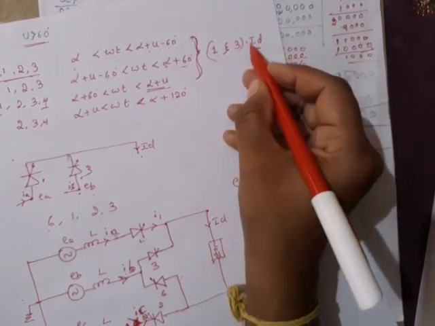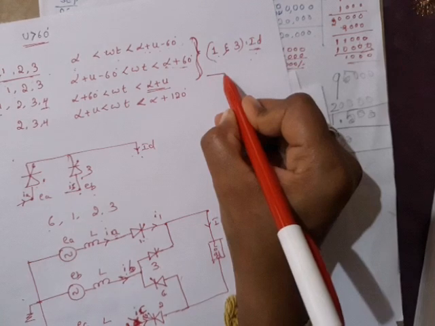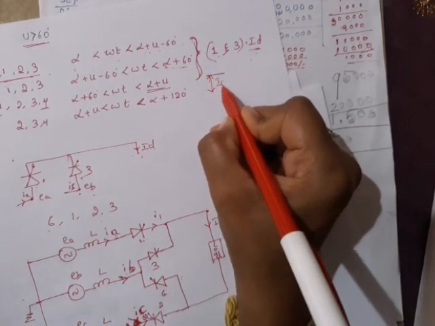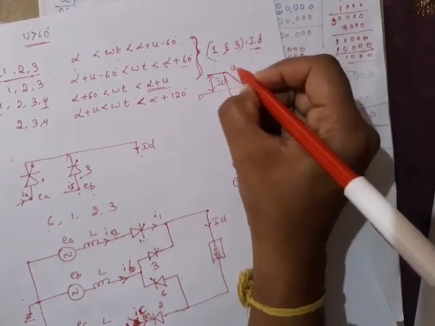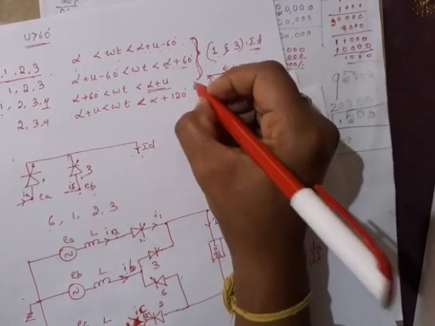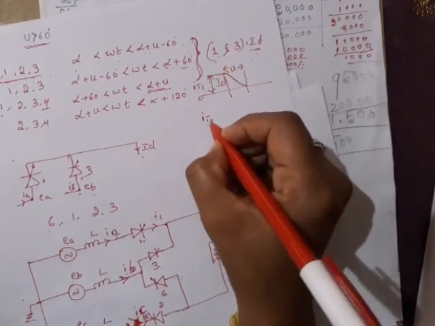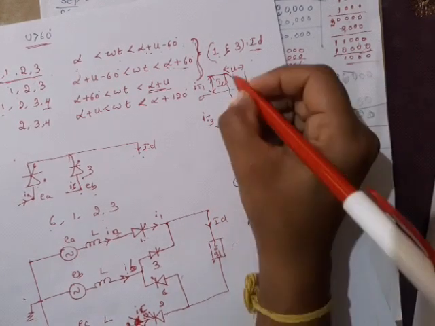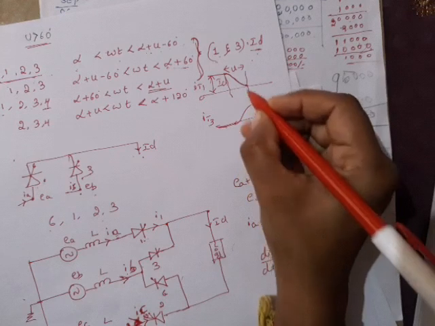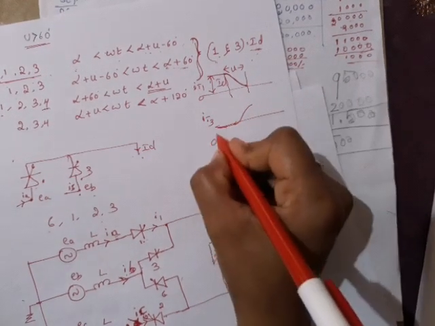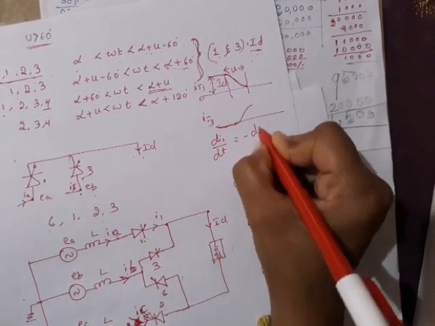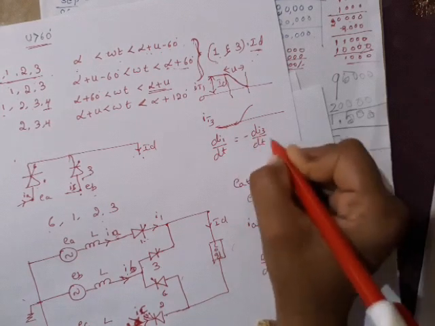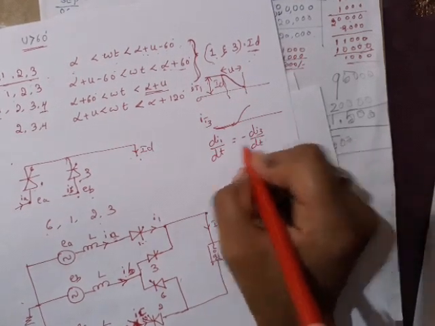To shift from valve number 1 to valve number 3, initially valve number 1 current is ID, so this is ID from reference 0. This current has to decrease in the U period, this is the overlap angle U period. This is IT1. Similarly, IT3, current in valve number 3, initially it is 0 and during this period it has to increase. So both are opposite to each other, right? If I take with respect to time, if dI1 by dt is decreasing, dI3 by dt is increasing. This we already studied in U less than 60 degree. The same thing I will do here.